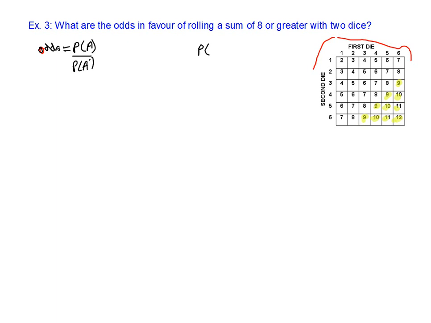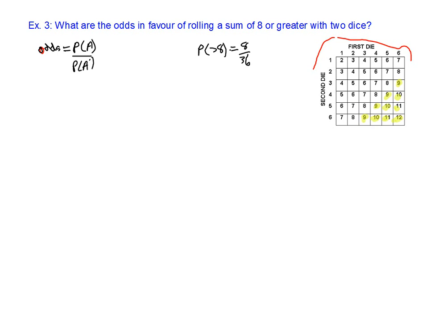There's 4 plus 3 more is 7 plus 2 plus 1 more, that gives us 10. So probability of a sum greater than 8, we'll say, is equal to 8, since there are 8 of them, 36 possible outcomes. And we get this as our probability for. Now we can reduce this